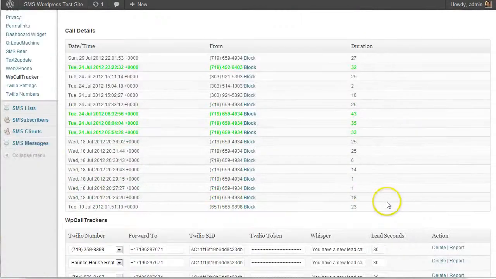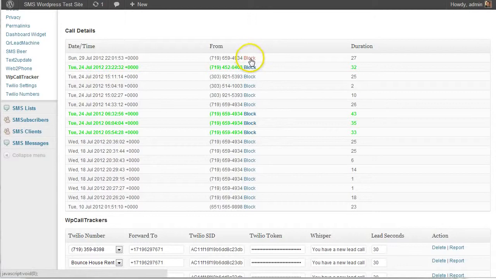So a couple of cool things. When you look at, here are the call details for the date range you selected. So these are all the dates and times, followed by the person that called, or the caller ID of the caller, and then the duration of the call. Anything that qualifies as a lead is highlighted here. And then something else you can do is, if you're getting calls from somebody, maybe you find it's a number that's a telemarketer or whatever, and you just want to